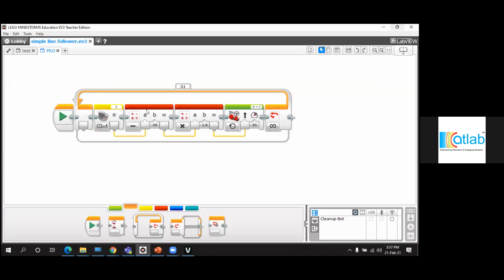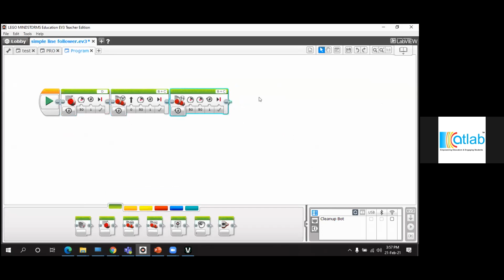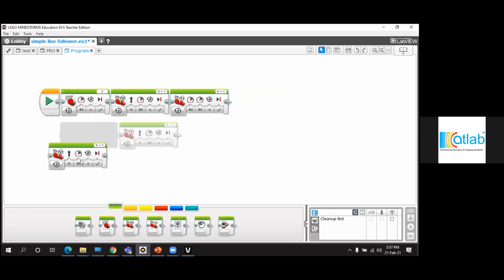So this is the required software. Here we add the blocks one behind the other, on the right-hand side. But in Scratch, we add blocks one below the other.